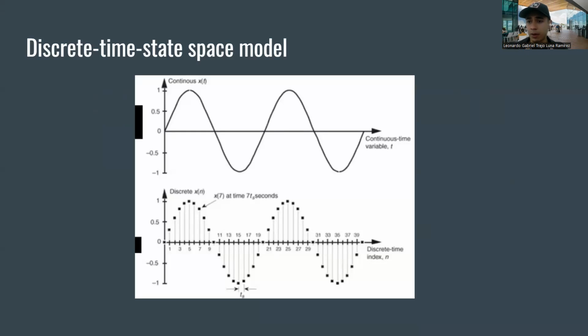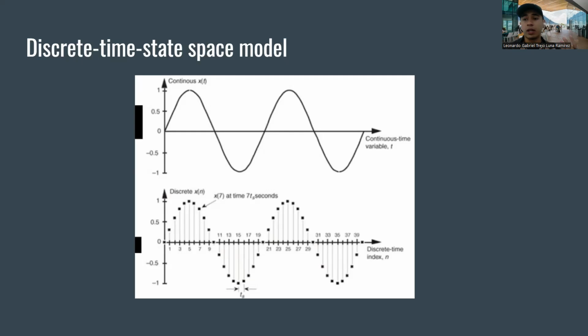An important thing to say about discrete time state space models is that they have a big difference from continuous time state space. In continuous time, we have infinite measurements, in short words, because we have all the measurements at all times. As we know, in reality that can't be possible because the sensors we have take measurements at specific times that are definitely not infinite. So let's say we have a sensor that gets a measurement every 1 second. We will then have a value for that sensor every second, not at all times.